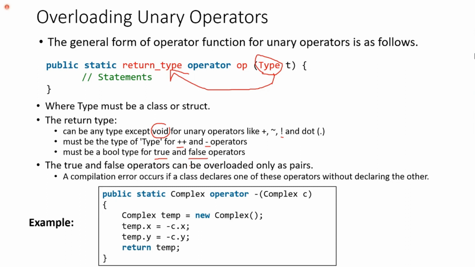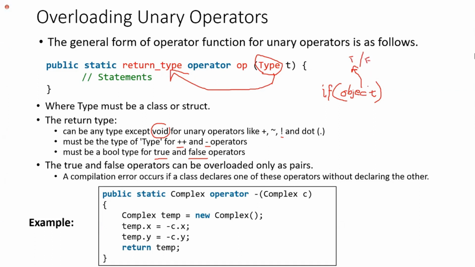True and false are two operators. How do we see them? Let's say you can say, okay, if, here you can pass an object, right? Some kind of object. Now here the true and false operators are activated. The value returned from this is what decides whether it is treated as a conditional operator, and what is returned is true or false, right?